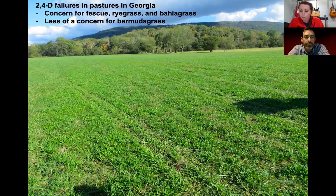grass species. We can rotate away from 2,4-D with products like metsulfuron and Cimarron products, some of the ALS inhibitor chemistries in Bermuda grass. But bringing something like Resilon in, it's at least a new tool for controlling plantain in bahia grass pastures. If you do have a concern over 2,4-D resistance or some of the other broadleaf weeds that